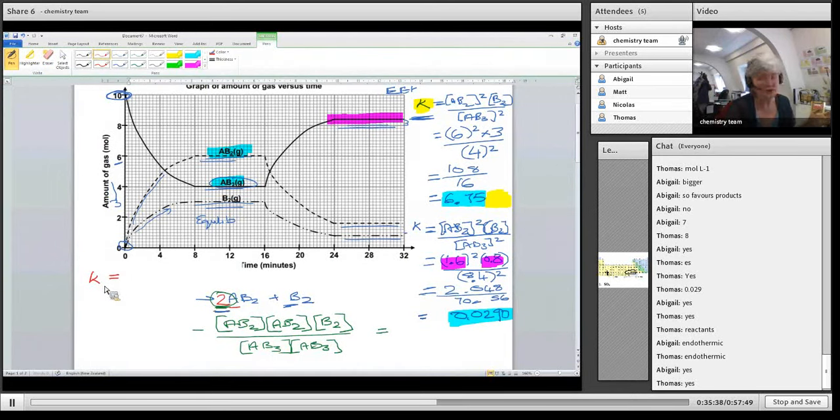Now you'll find, by the way, which I forgot to mention, sometimes the equilibrium constant is written as Kc. That C just simply stands for concentration. So if you see Kc, it just means the equilibrium constant in terms of concentration. So say you are told the equilibrium constant is 130. And then you are told you are going to mix together